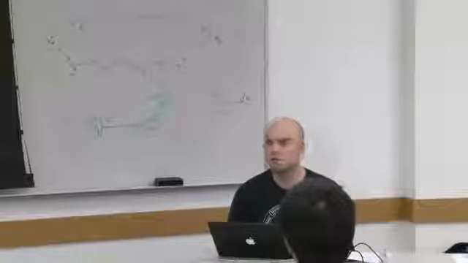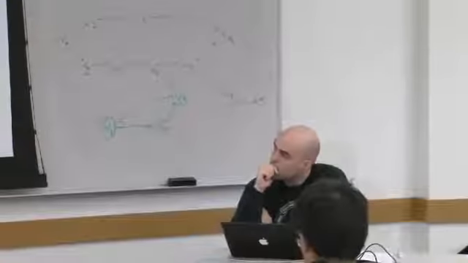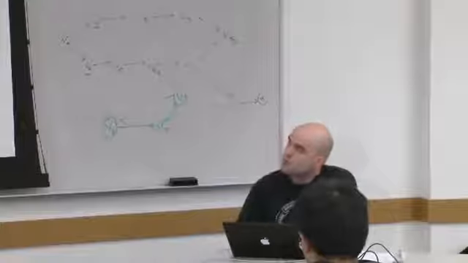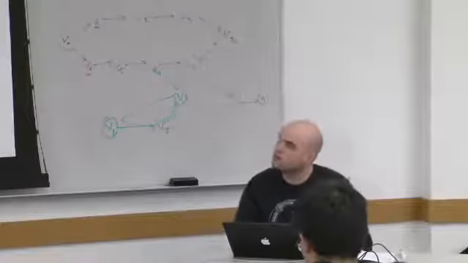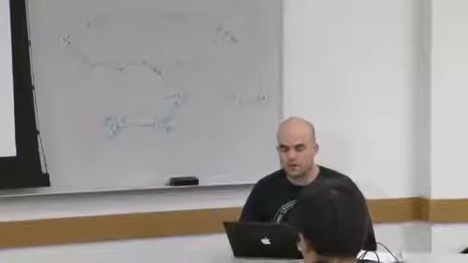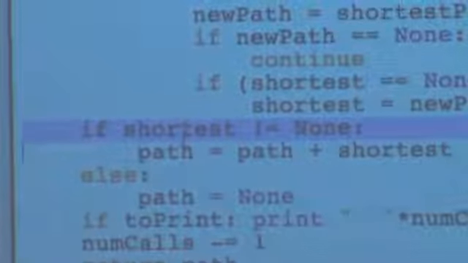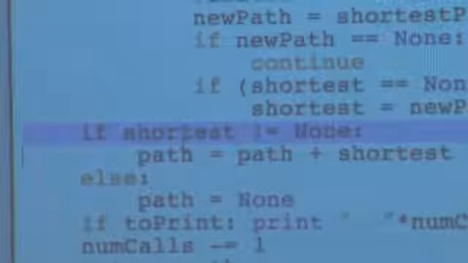So, first, is anyone confused by depth first search? I kind of hit it. But what is that last thing? If short is not equals none... So this line here, this if statement is first checking that one of our children has a shortest path. It's possible that none of our children lead to the goal node. So like,